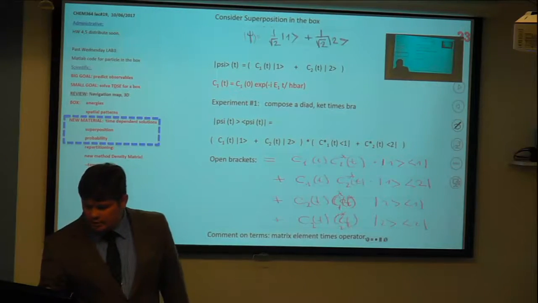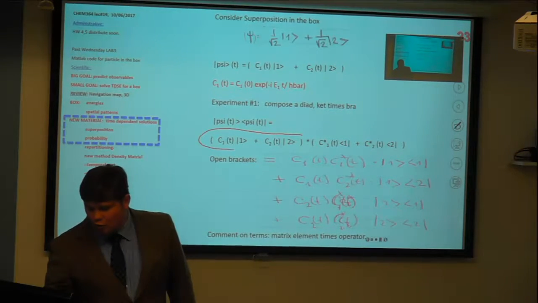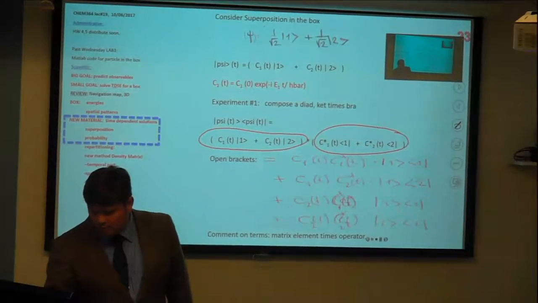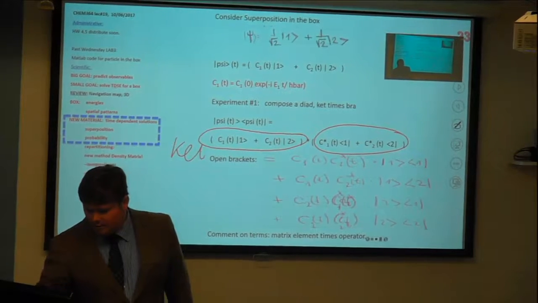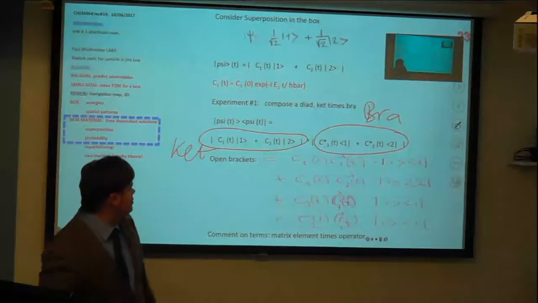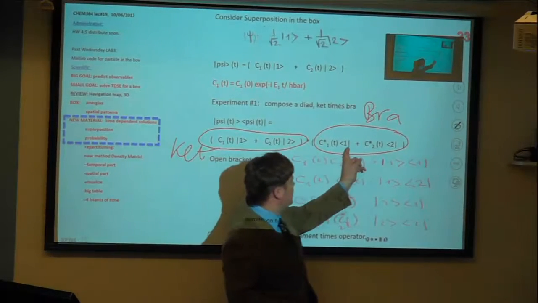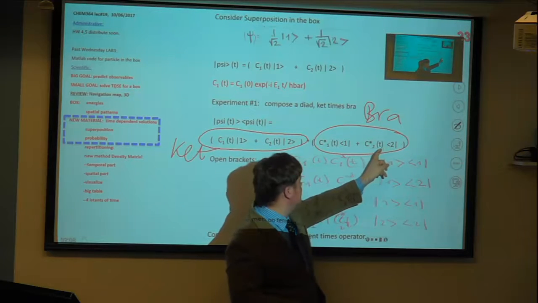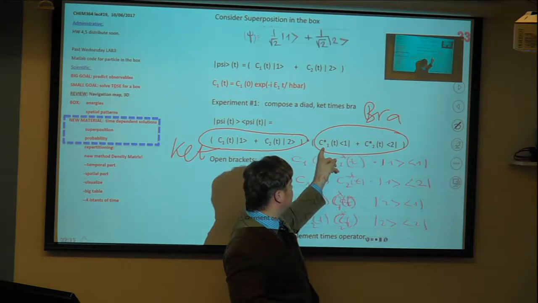So here is our normal wave function, and here is our ket times bra. And here is our conjugated wave function. So for eigenstates, we just flip the direction, and for expansion coefficients,